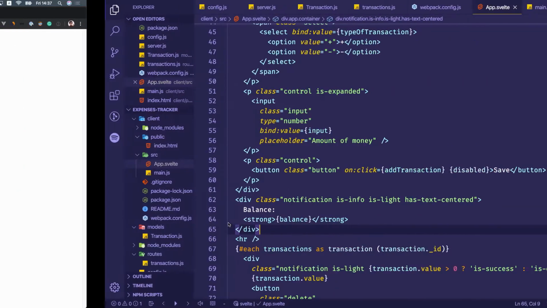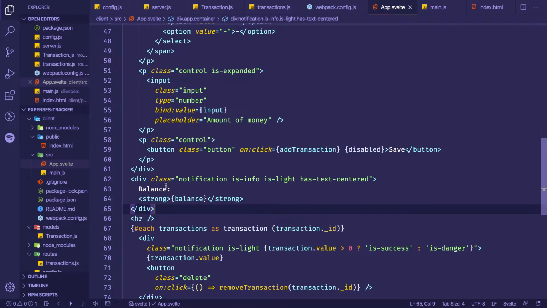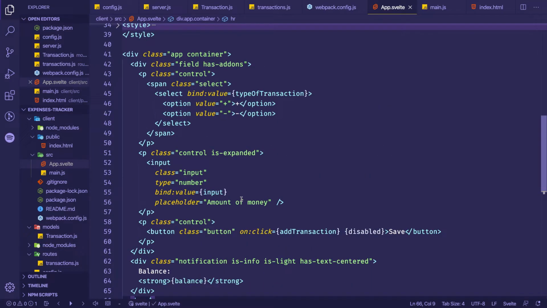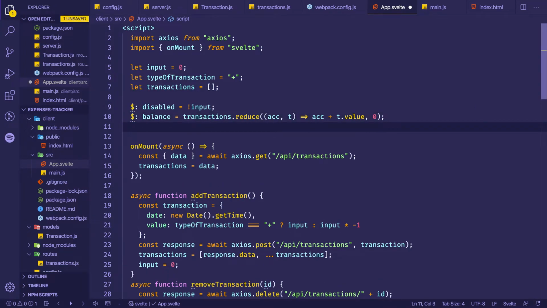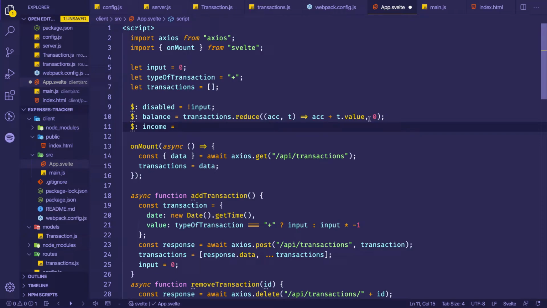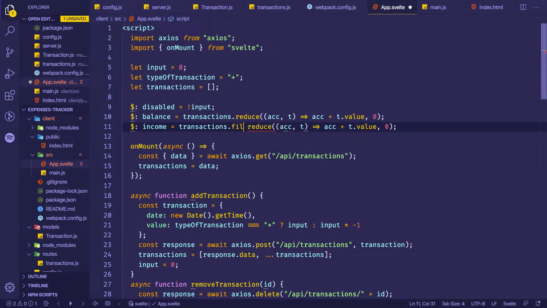Okay, we have the balance. Now we need another way to compute the total amount of income that we have, and also the amount of expenses. For doing that, we are also going to be using another reactivity assignment. So I'm just going to say income, and this is going to do the same, but in this case, before reducing, I'm going to apply a filter to this array. So I'm going to filter,